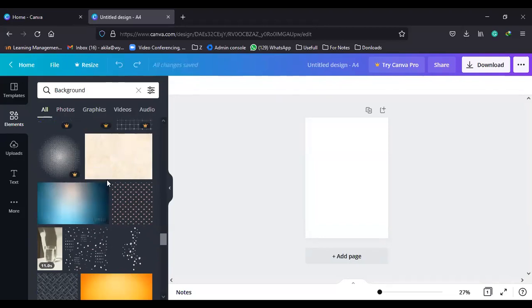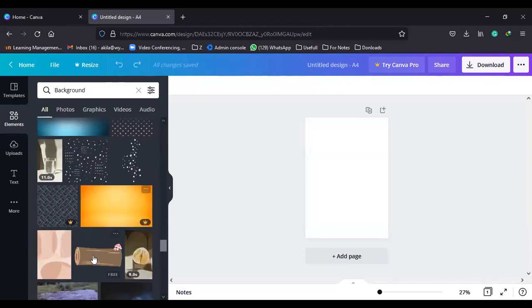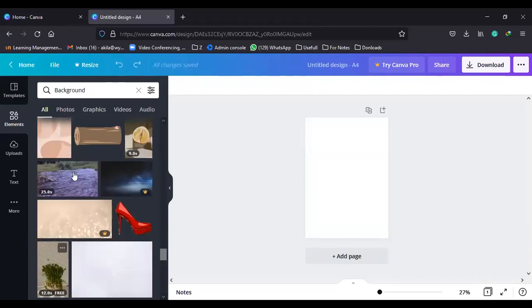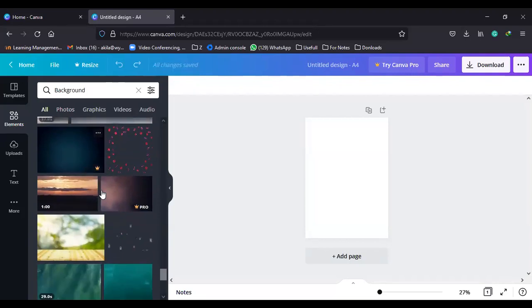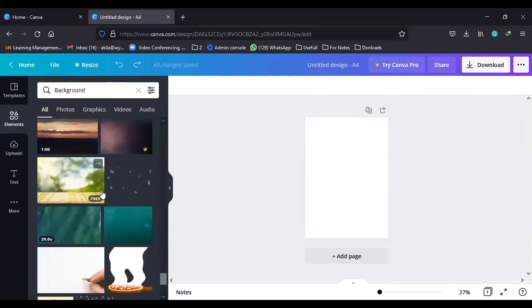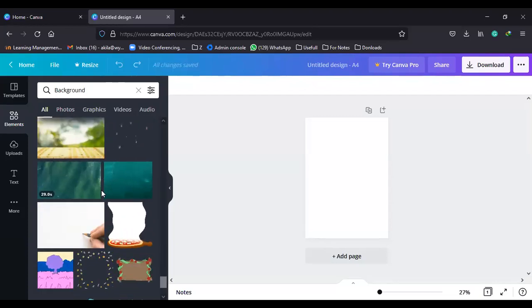Always keep in mind that you must use only freely available backgrounds or elements. See? Only the free ones, okay? Again, children, listen everyone. Assume that you couldn't find a relevant or suitable background here. This is also free, right?